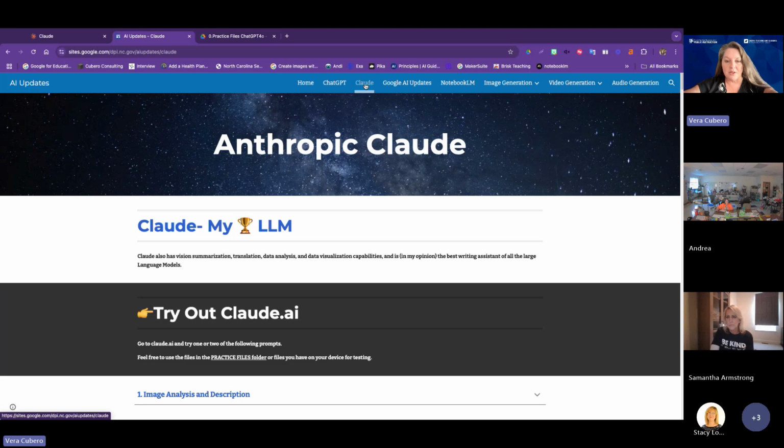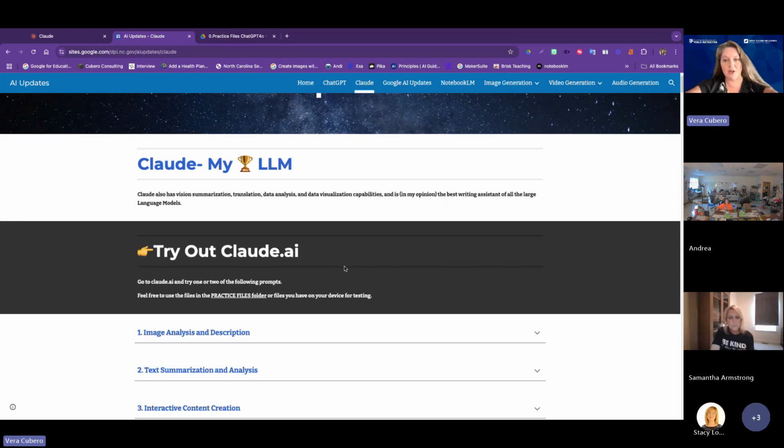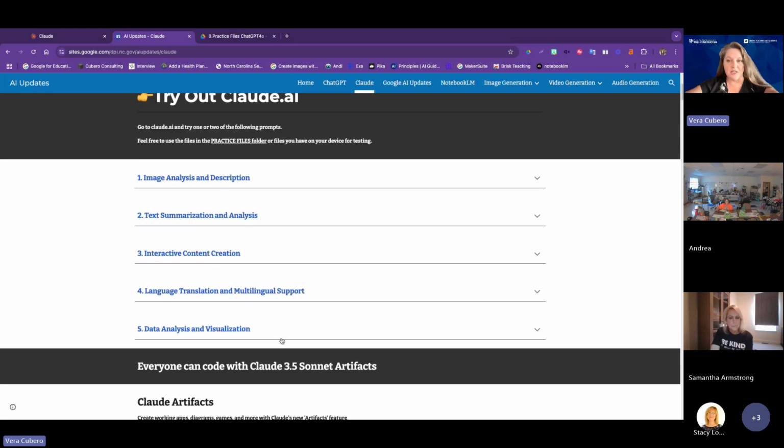If you will come to that page and follow along, I'll be going through a few things about it, but mostly we're going to dive into the artifact feature and then a couple of new feature previews that came out recently that affect artifacts. At the top is a basic introduction to Claude. I'm not going to go through those today, but just like ChatGPT, it is a very powerful large language model, and it can do a lot of great things. It can do image analysis and description, text summarization, analysis, interactive content creation, language translation, data analysis